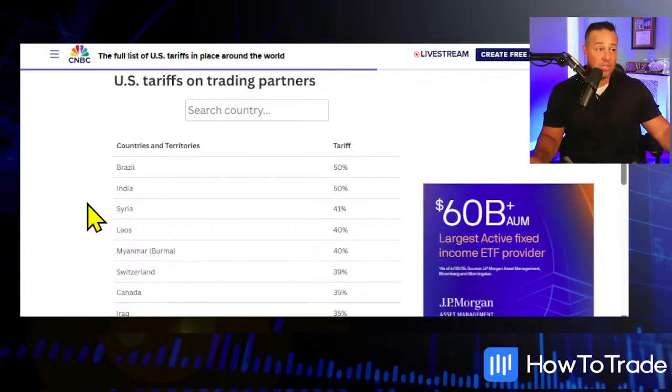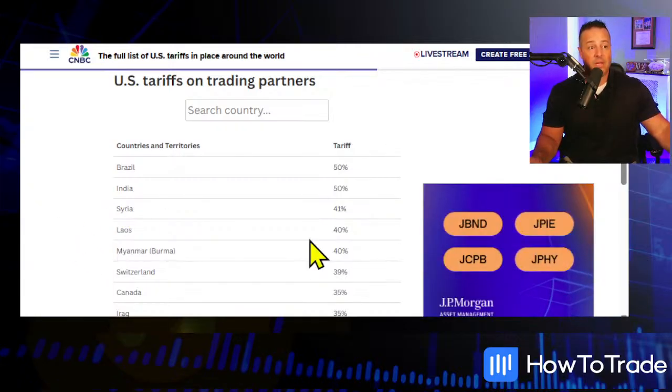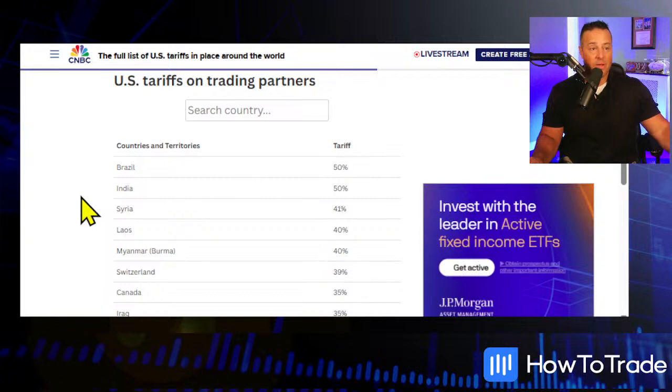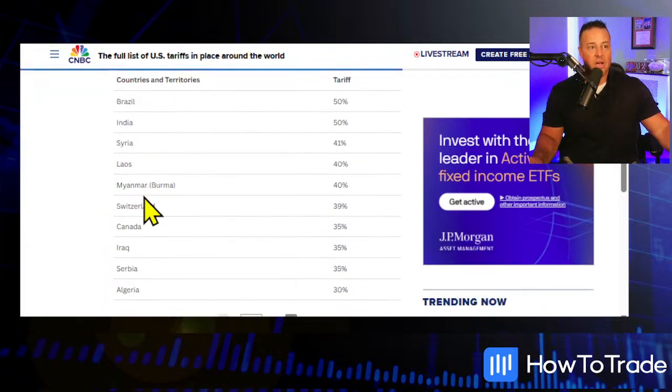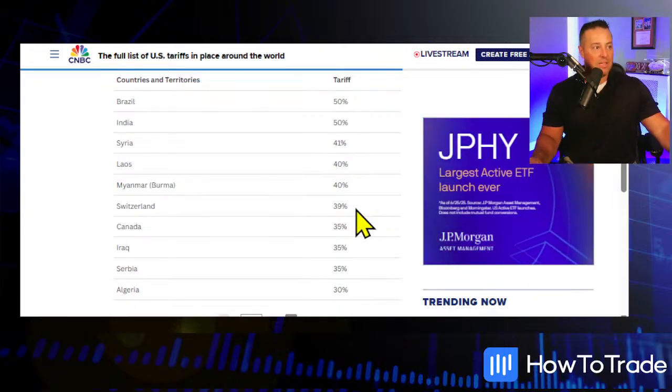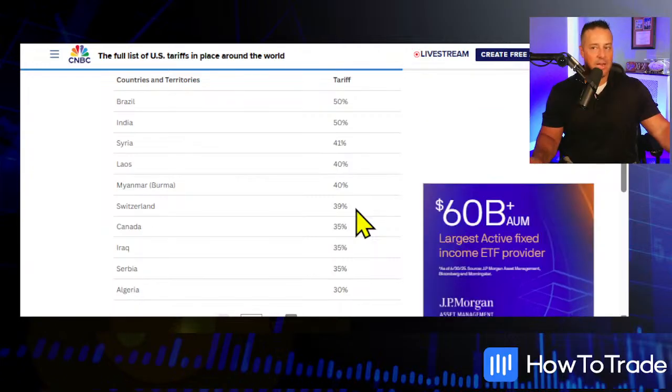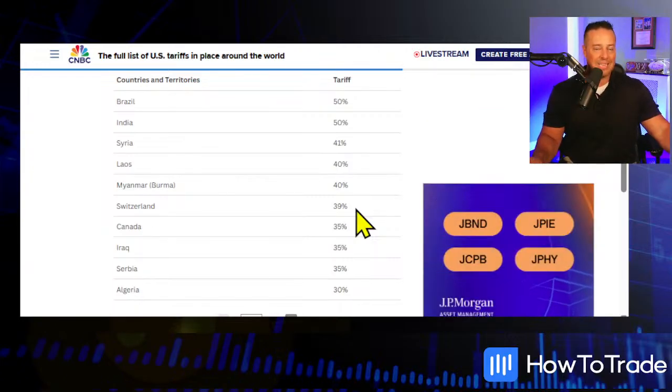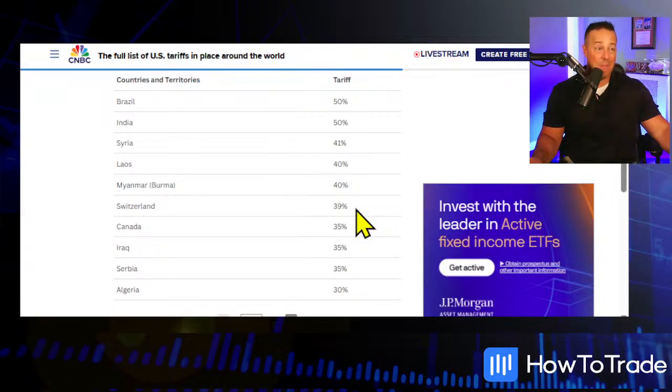That could settle the Russia-Ukraine war, and that'll bring probably a lot of these tariffs off the board, depending on what side of the aisle you're on. Syria, Laos, Myanmar, Switzerland. Switzerland's a big one. They couldn't get the deal done, and it went down. Expect a deal with Switzerland. I don't know when, but expect one in the next several days. I think up probably a week tops, and there's going to be a deal there.